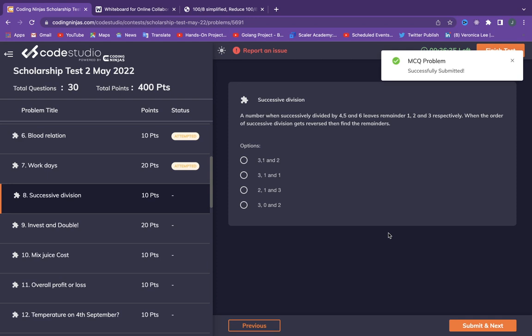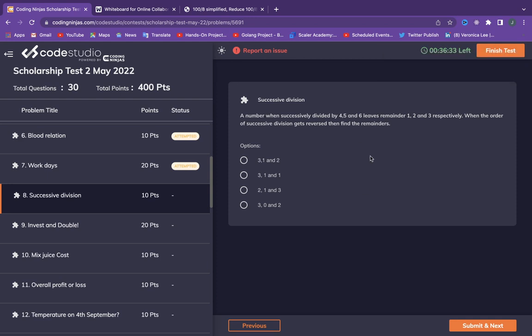A number when successively divided by 4, 5, and 6 leaves remainders 1, 2, and 3. When the order of successive division gets reversed, then find the remainders. Okay,